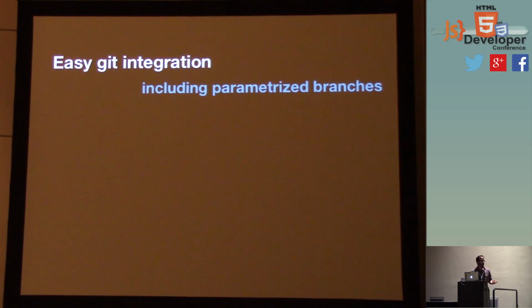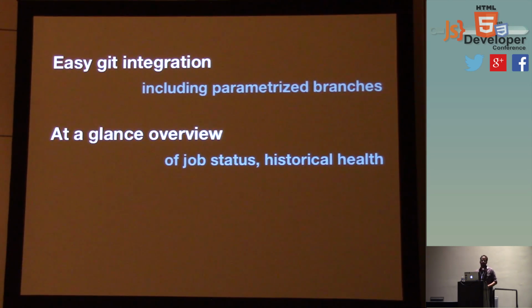Jenkins has easy Git integration. I'm a big Git guy, but you can use pretty much whatever you want in there. And it includes parameterized branches, so that if you want to potentially deploy a feature that is on a branch, you could set that up in Jenkins. It has an at-a-glance overview, and that's something you should aim to get to,